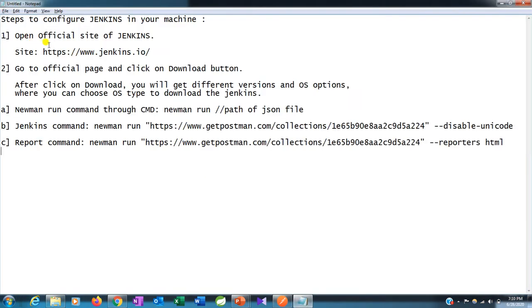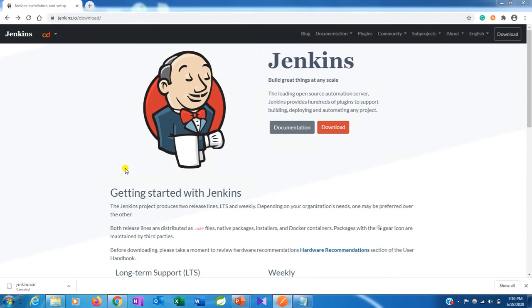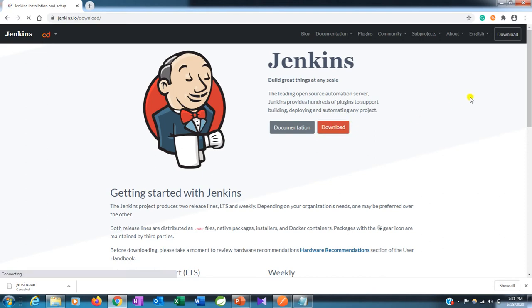For this we need to open the official site of Jenkins, and this site will let us download the Jenkins war. I will show you how it works. Now this is the official site of Jenkins. Here you can see the download button. Once I click on that download,